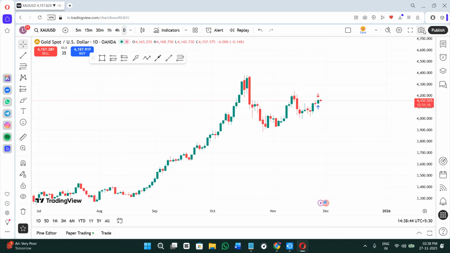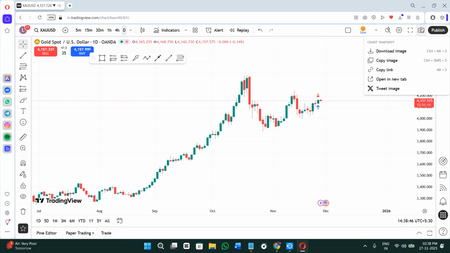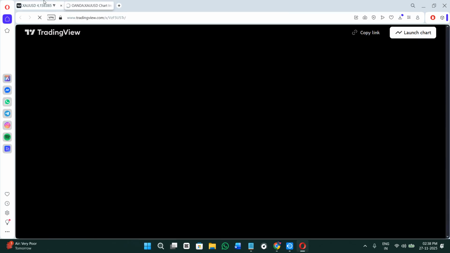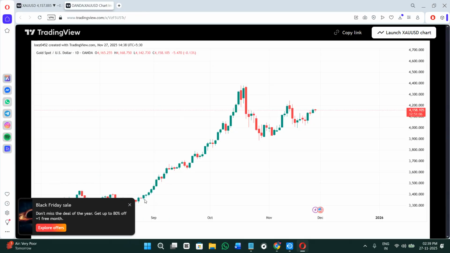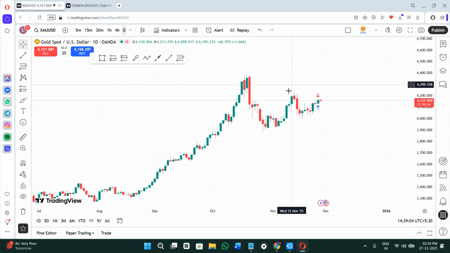Once the chart is in front of you, simply click on this take a snapshot or this camera icon here on the top right hand corner of the screen. Over here, you will see the option of open in a new tab. So when you click on it, your chart will be duplicated and it will be opened here in a new chart just like so. So it will also show you all of the drawings that you have placed here on